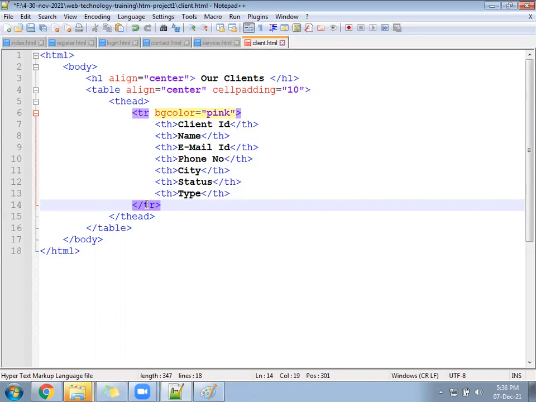The pink color heading will appear on the top.